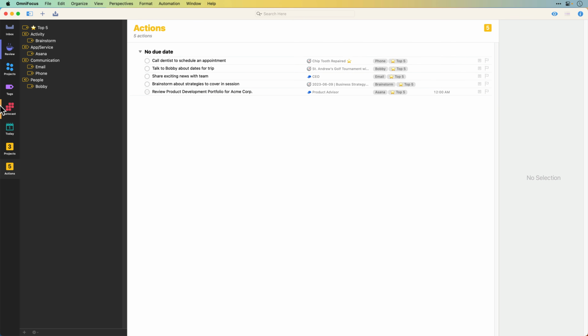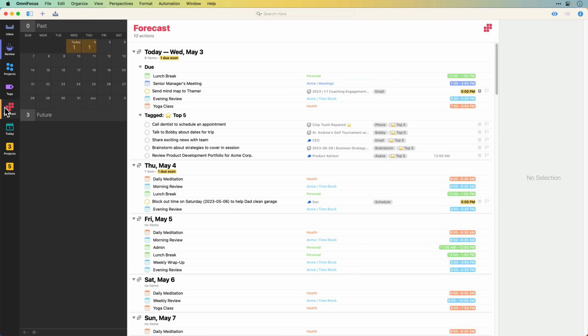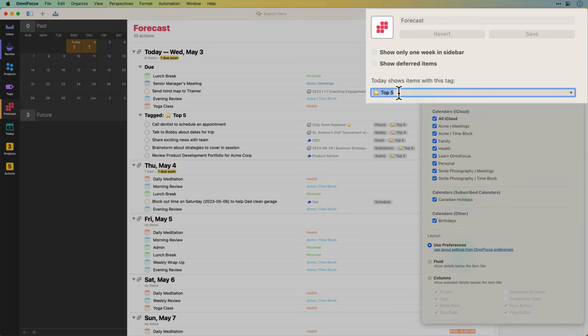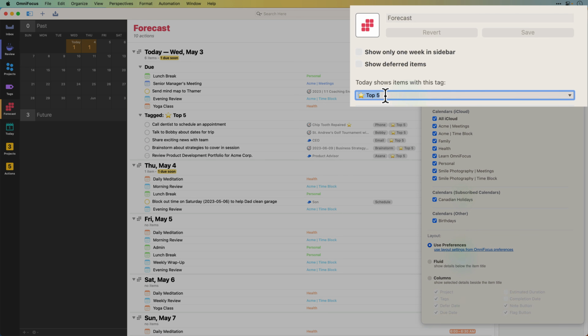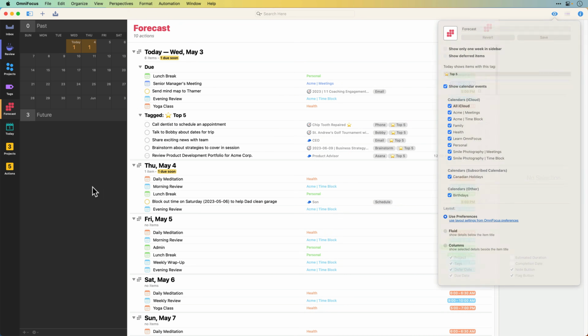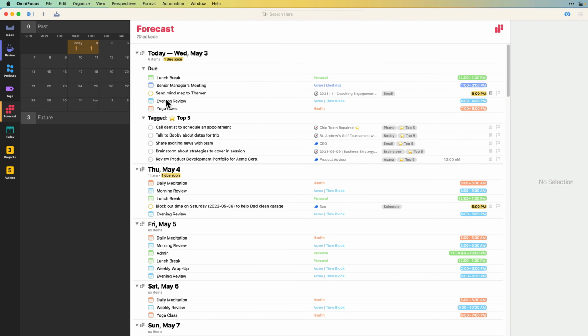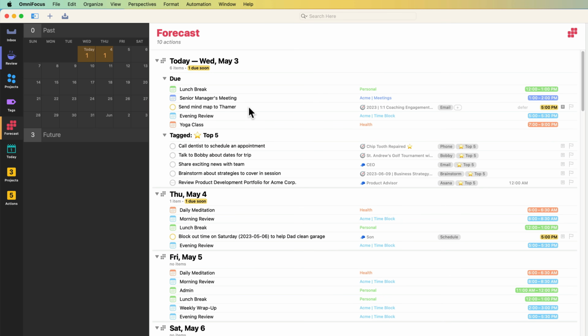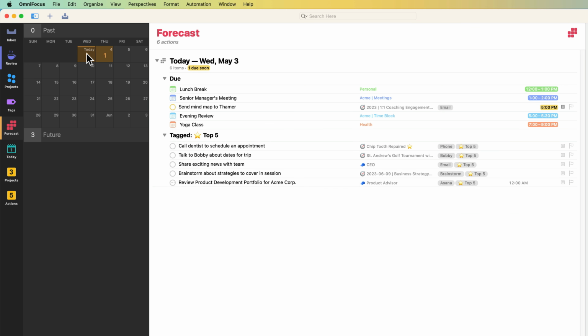And I took that a bit of a step further if we go into forecast. In forecast, you can define what's called a forecast tab. So it's actually set to top 5. So when you go in to look at your day, and here's the do item that we saw earlier, you'll also see all of the top 5 items down below. Personally, I'd probably want to just click on today, so I'm not seeing too much all at once, but it's just a nice way to pull all of those things together into one central view.